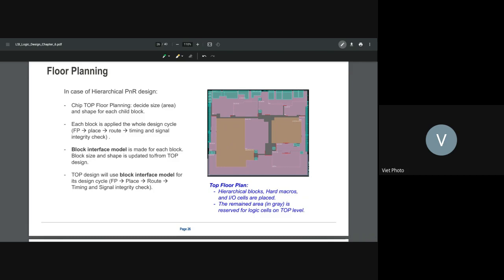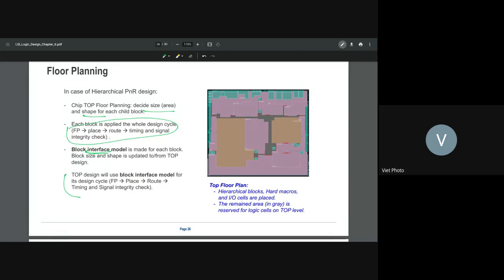Okay, size, shape, right? It's apply the whole design cycle. Yeah, it has to go like its block is apply the whole design cycle. Interface model. You have interface negotiate that, and then like use. Okay, so again, I think this thing